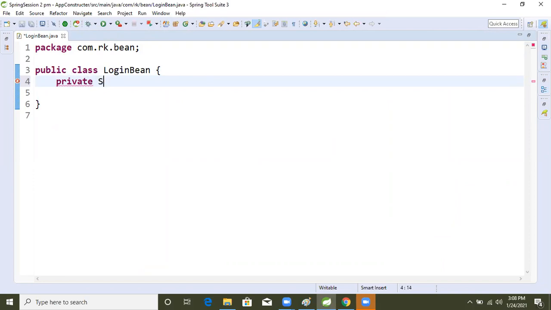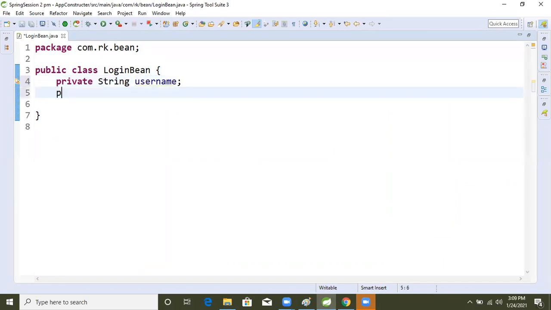Private String username, and private String password.